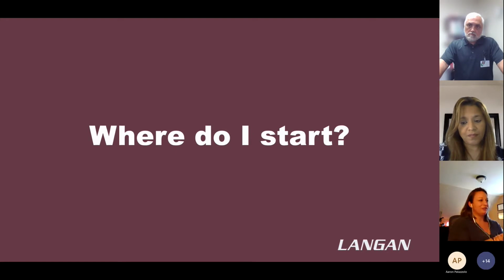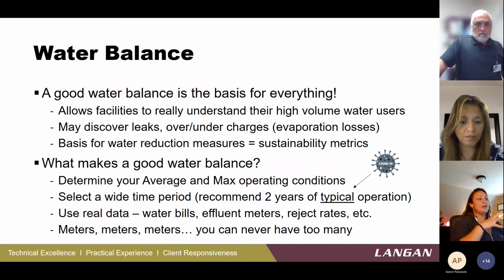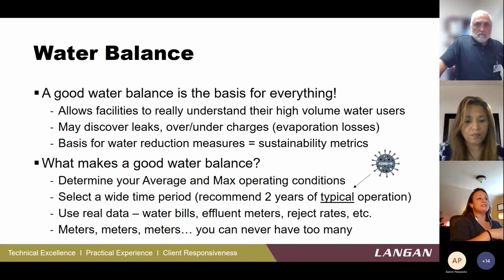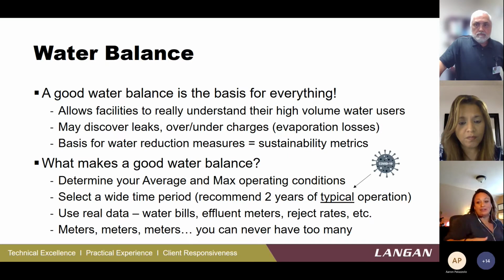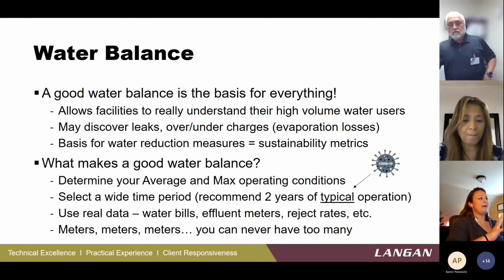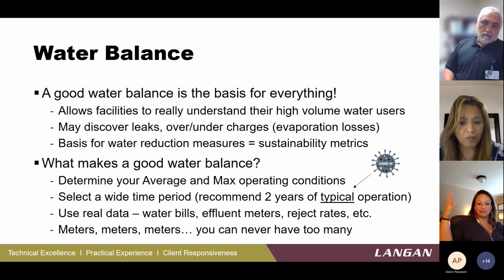So a lot of stuff I just threw out. So, okay, where do I start? That's great, there's regulations, there's definitions. What does it actually mean? The first thing we want to do is create a water balance. At some facilities this is a corporate requirement, and you have a really good idea. At other places, if you don't currently have a permit or it's not a corporate requirement, maybe you don't have that great of an understanding of every drip and drab, everything that comes through. A good water balance is the basis for everything. Your entire permit gets constructed from there.